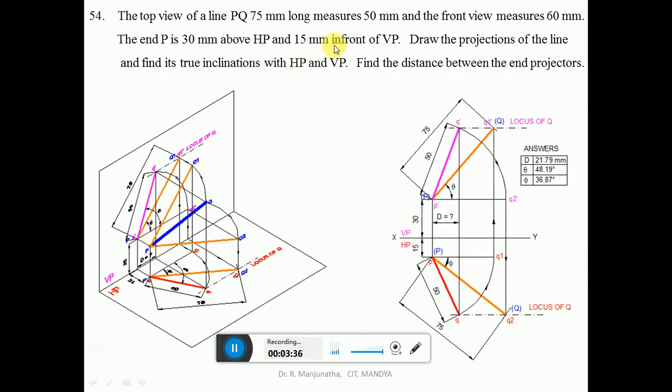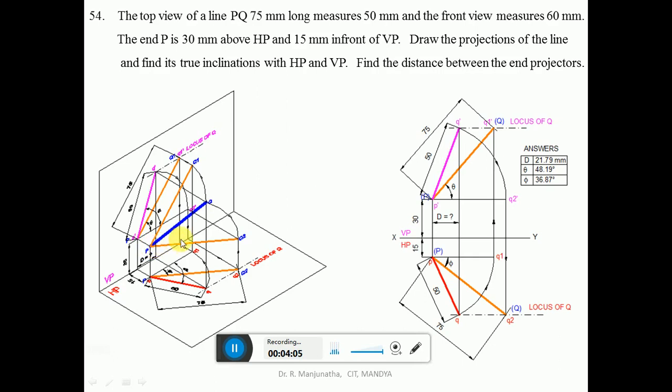Now we are going to take the front view. When the front view line is made parallel, its corresponding top view is going to be in true length. So that means here the end P is above HP by 30 mm, and this Q2 also should be above HP by 30 mm. So from here you draw